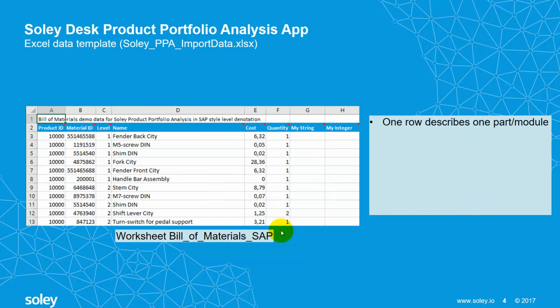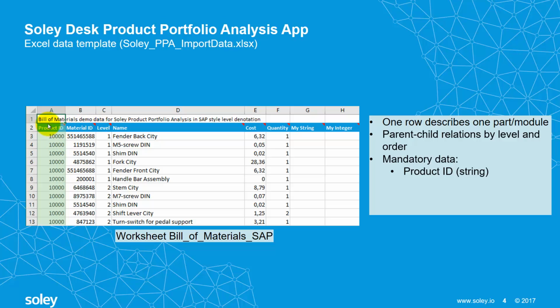This is an alternative notation of the bill of materials that many of our customers with SAP systems use. If you want to use this notation, we again need a product ID, a part ID, and the level notation. The level notation represents the hierarchy of the parts. As before, the other data properties are optional and you should not alter the number or order of the shown